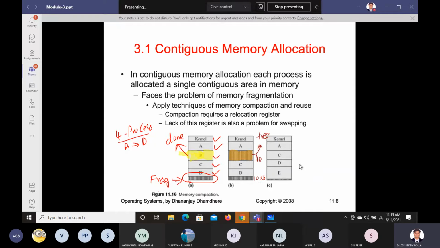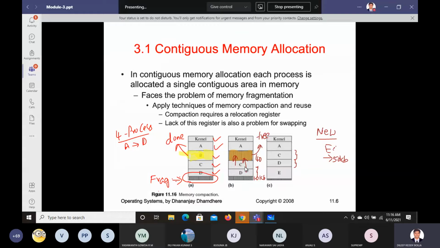Now let us say we got a new process, called E. Now that much space was not there. So what we did here, we adjusted the space of C and D to the upper side, and then we allocated some space exclusively for E, because E requires around 50 KB. Technically speaking, we have 50 KB of space, 40 and 10, but it is not together. We cannot allocate that.